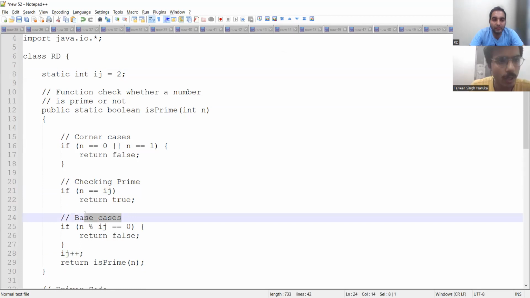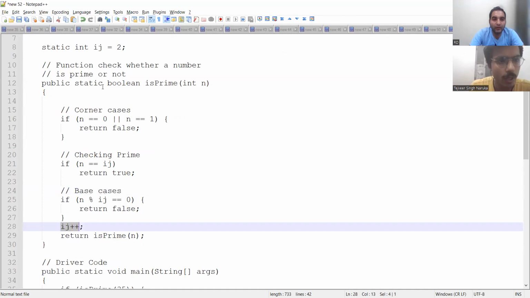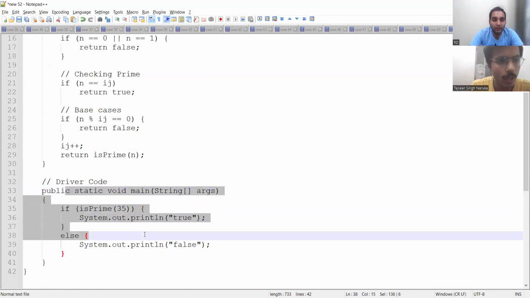And this is the base case. So after these three conditions, you can increment for the next number. At the end, this is the driver code, the main function with an if-else condition. If it is prime, then System.out.println true. If it is not prime, then we will mark it as false.